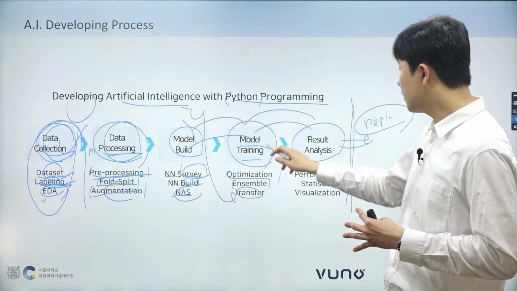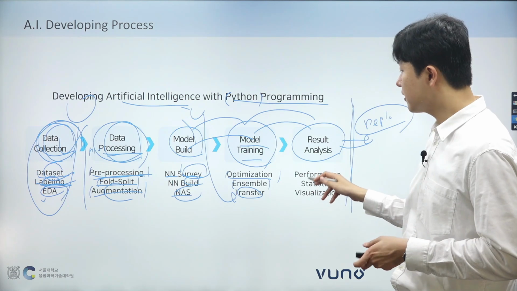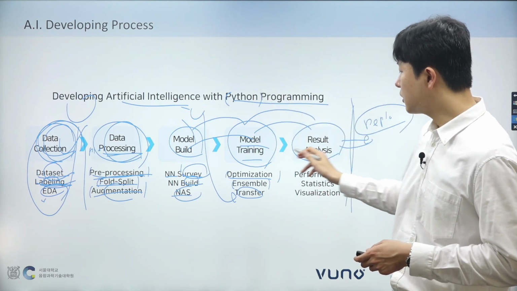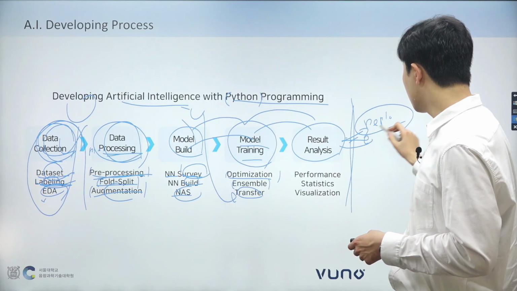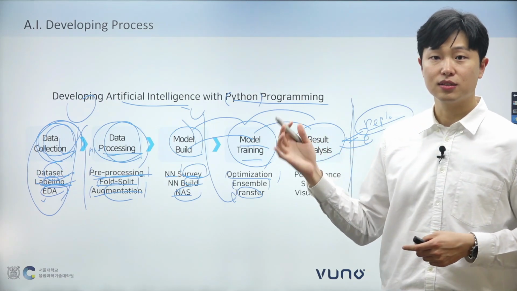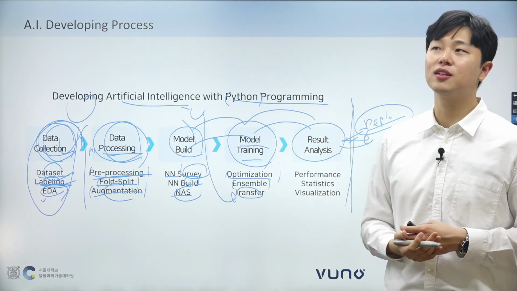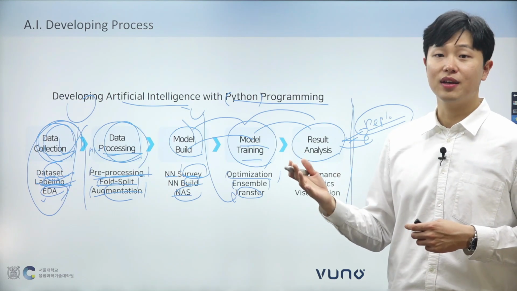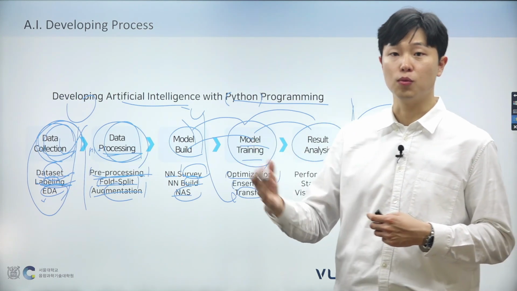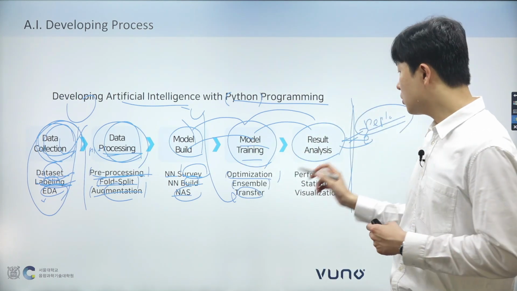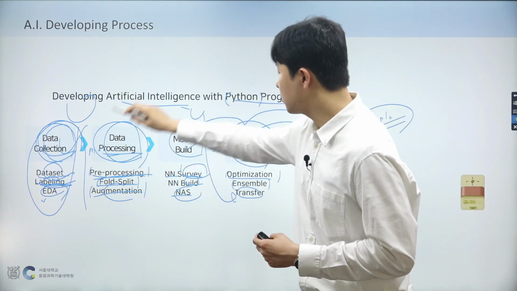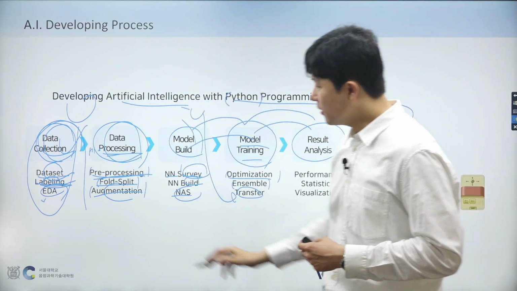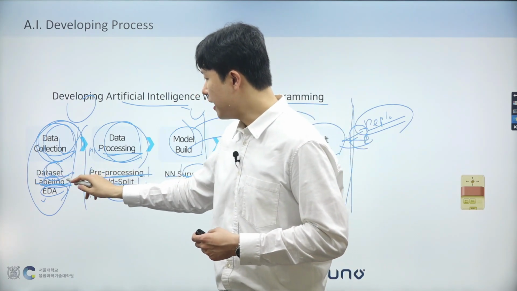If the analysis indicates that the model performs well, we can proceed to the development phase. This step involves integrating the AI system into a real-world environment where it can start delivering practical value. Unless the model meets the expected standards of performance, the AI development process requires us to revisit and review each stage meticulously. So we have to go back to the beginning and think, was it lack of data, or was